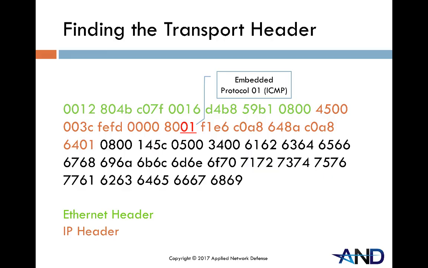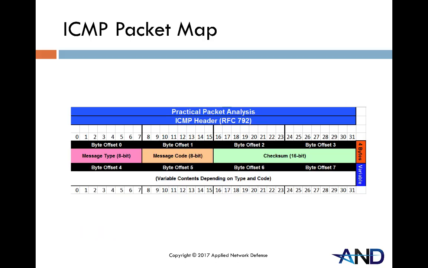Now, in this case, we know ICMP is next, and I said I wouldn't show any more protocol maps in this section, but since we haven't talked about ICMP, I'll show it up here briefly so we can talk about it. Now, don't worry about understanding ICMP in depth. We have a section later in the course where we're going to go much more in depth with ICMP and the specifics. But for now, just know that generally it's a pretty simple protocol in which there's a standard 4-byte header,